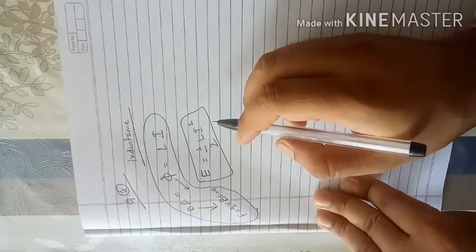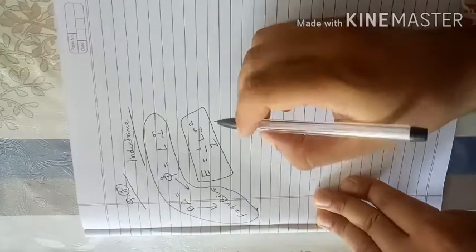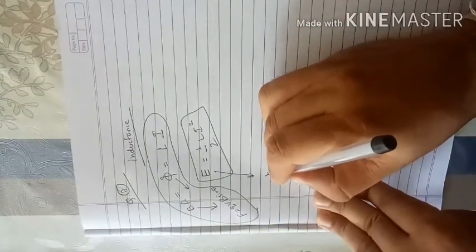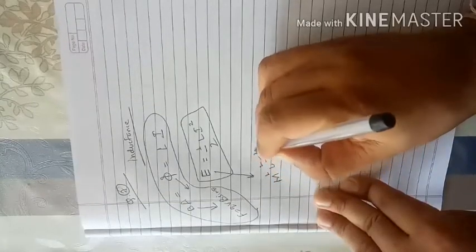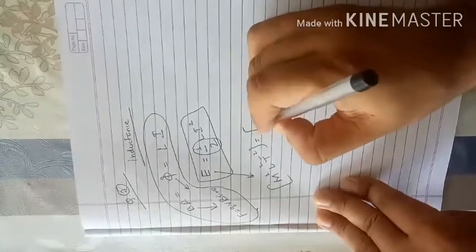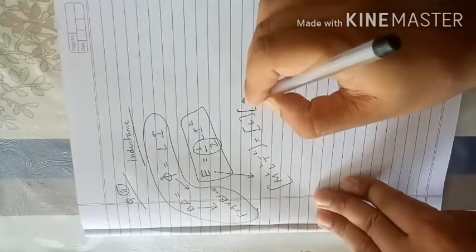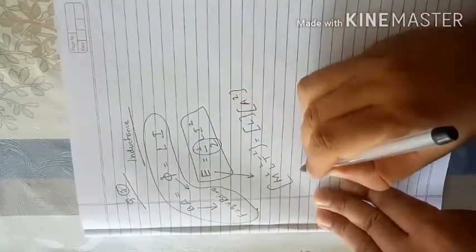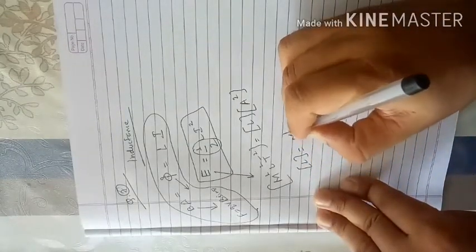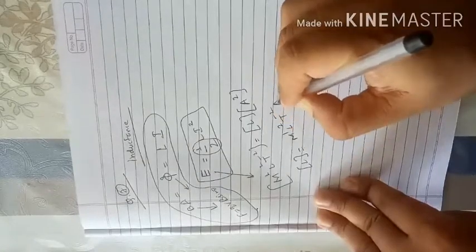Okay, so this energy you can use, kg meter square per second square, and half is dimensionless, so this is for L. We have to find out current, which is ampere, A raised to 2. So it will become M raised to 1, L raised to 2, T raised to -2, and A raised to -2.